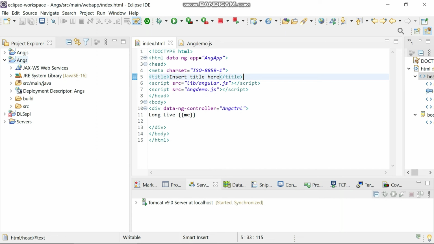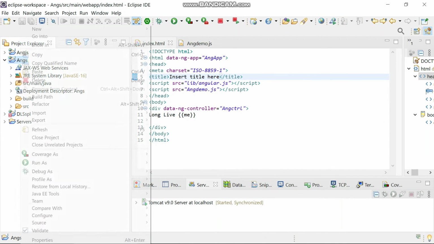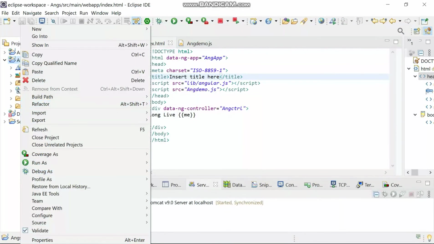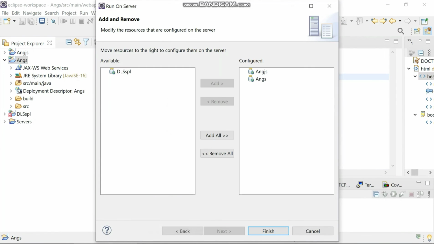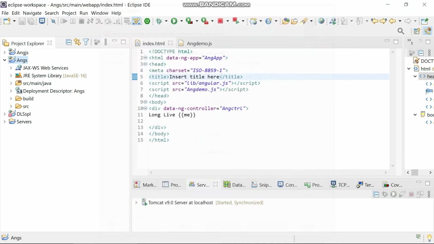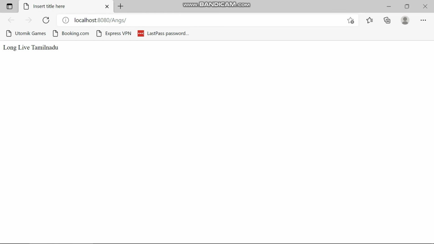Let me run it now. I just refreshed, and when I tried running it, I got the output. Let me run it again. So select ANGS, that's the AngularJS application we have created. See, now you can see we got this web page.